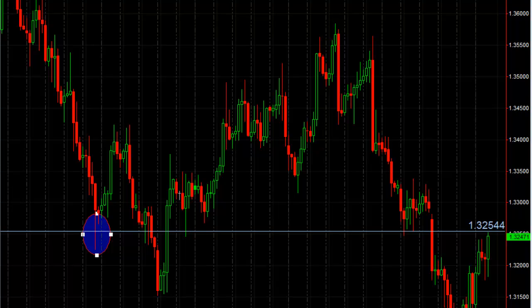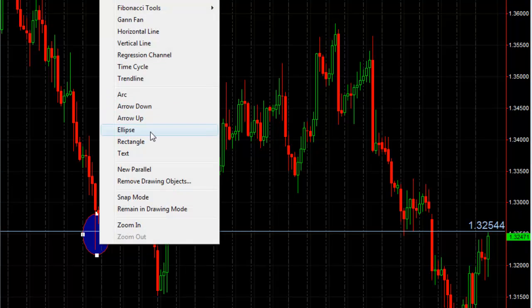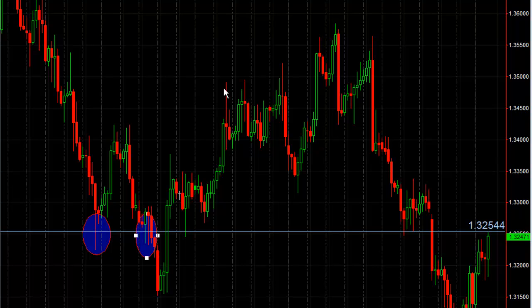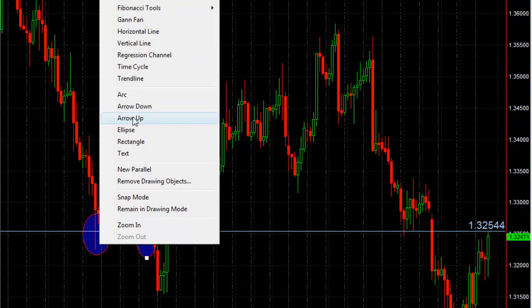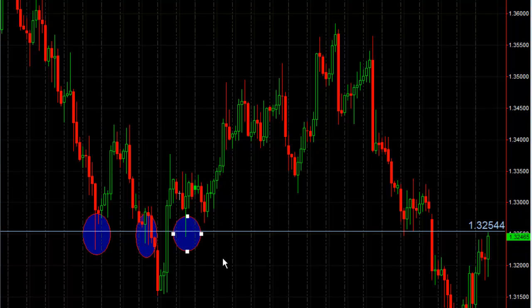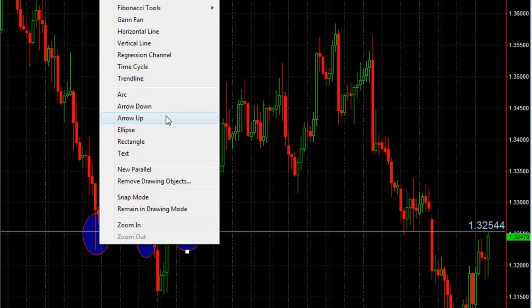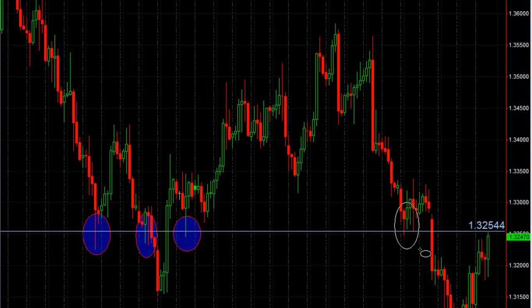1, 2, wicks basically are rejection areas. That means the price goes out there and retraces. So 4 areas or maybe 5 areas of wicks on the